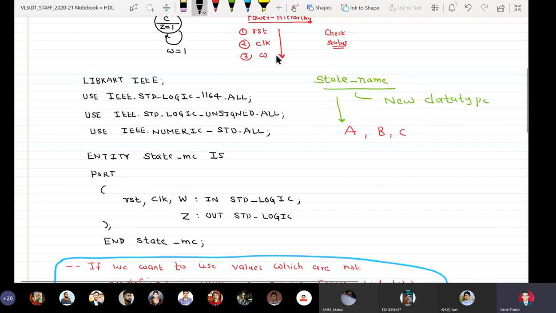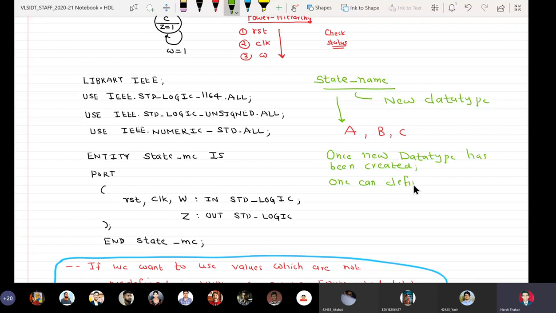So once a new data type has been created, one can define signals belonging to the new data type.